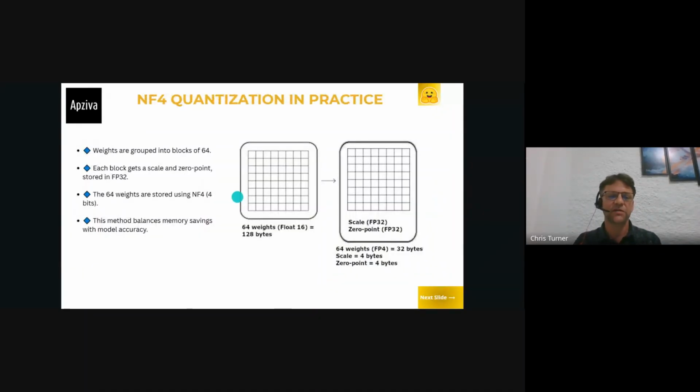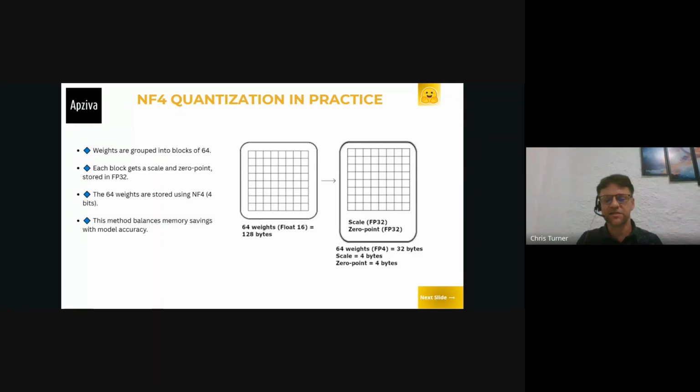And so how does this actually work in practice? When we're downloading from Hugging Face, this model in this example is starting in floating point 16, and the program will download it in blocks. One of the typical block sizes is blocks of 64.